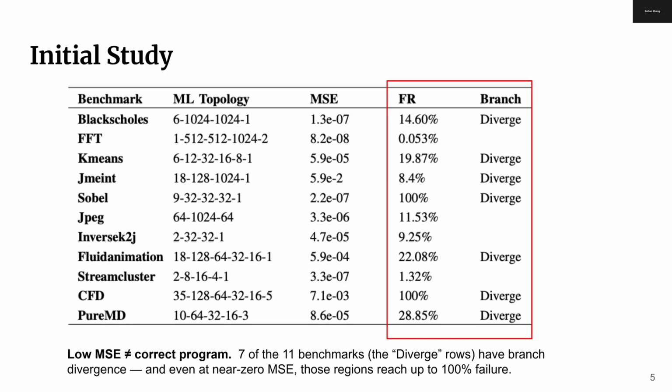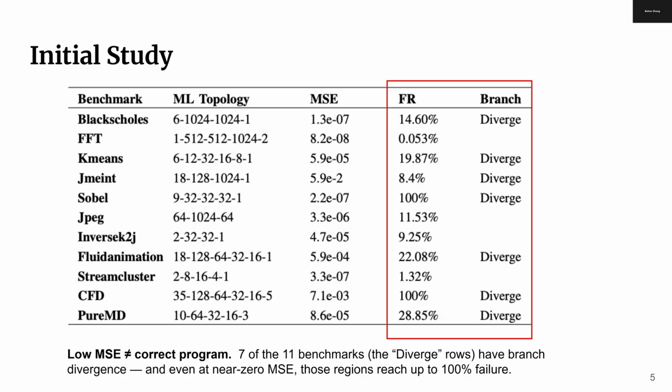This table shows the baseline across 11 benchmarks. Look at the 2 columns I have boxed in red: the failure rate, and whether the region has branch divergence. And the result is frankly alarming. For Sobel, the MSE is essentially perfect, 10 to the -7, and yet the failure rate is 100%. And